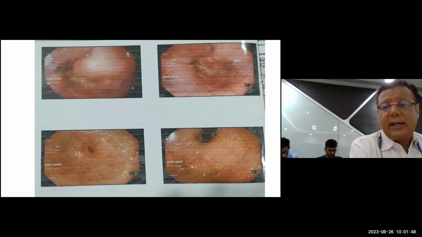So, Sujata, I think I'll just repeat the question. What is the lymph nodal clearance difference between the type 2 and type 3 GE junction tumor? That was what Dr. Desai was